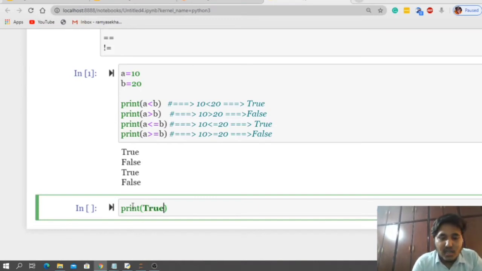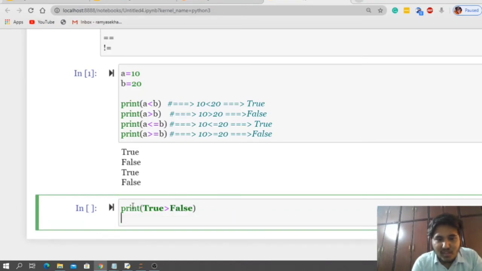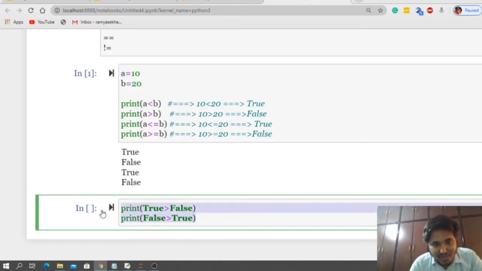True greater than false. Print false less than true, false greater than true. Let us take that. Let us copy this and put the equality symbol.